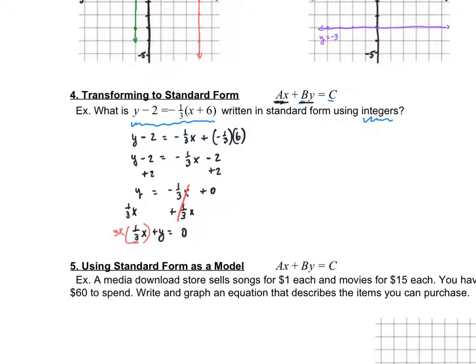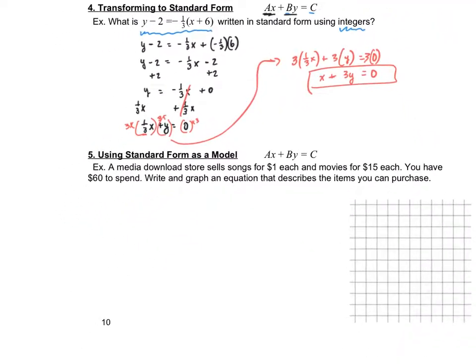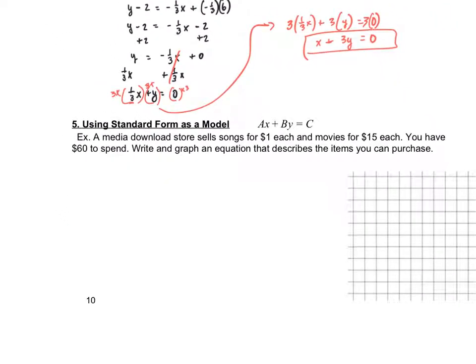Okay, but if I multiply it times 3, I have to multiply everything times 3. So I end up getting here 3 times 1/3 x plus 3 times y equals 0. 3 times 0 is 0. We have 3y plus x. And there we go. We have my standard form of an equation: x plus 3y equals 0. Okay, so as we move on here, using standard form as a model,